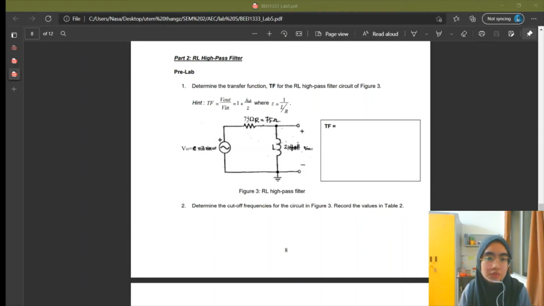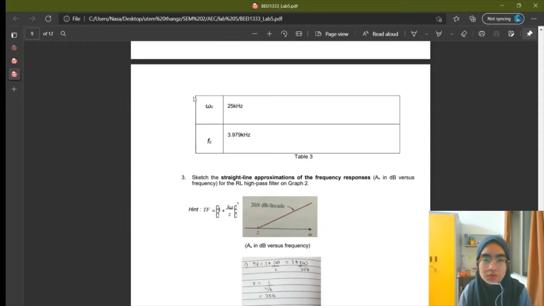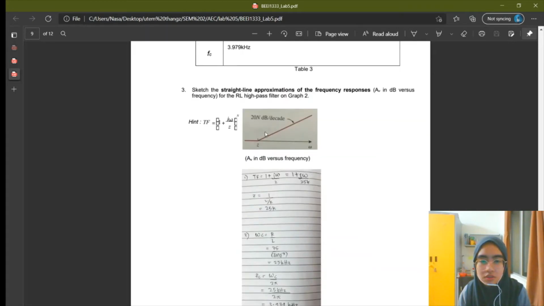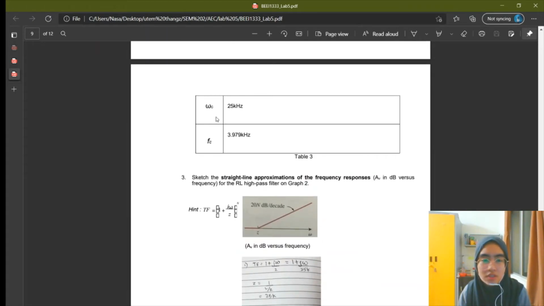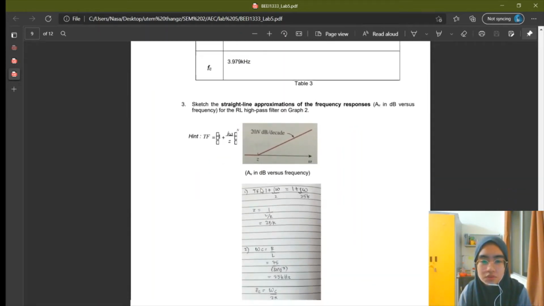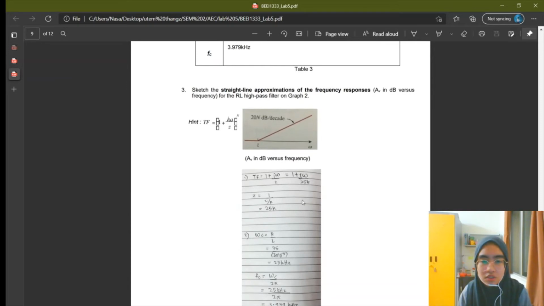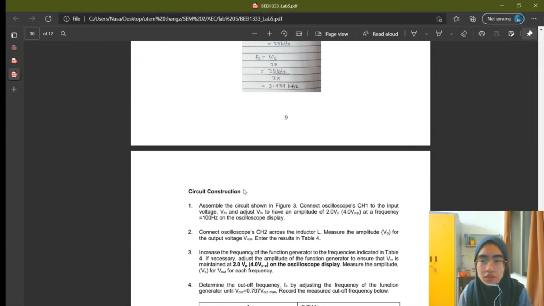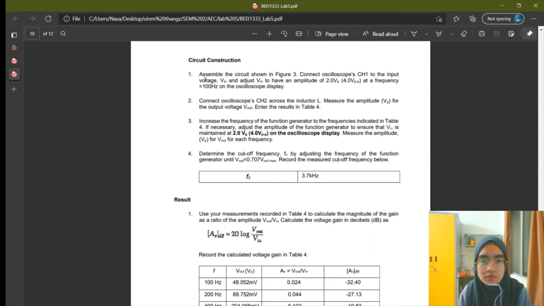That is part 2, RL high pass filter. Okay, so as you can see, what we have done here. First thing first, we have done the pre-lab. So based on this circuit, we have calculated the omega C and the FC. This is the calculation that we have pasted here. Okay, so for the circuit construction,